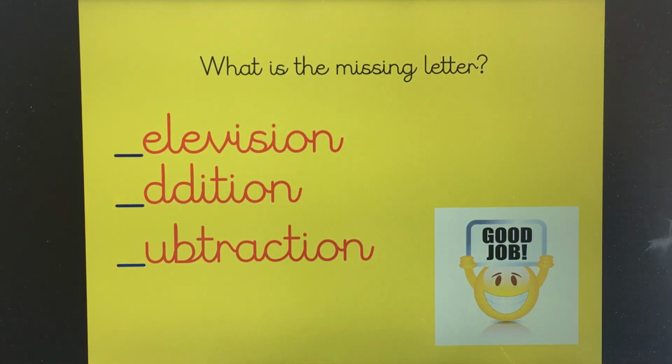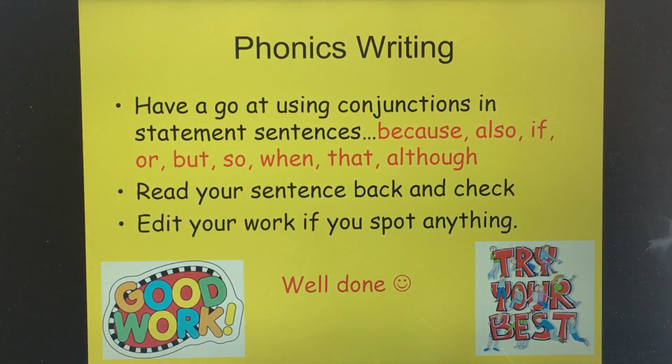Well done, everyone. And that is the end of our phonics session. If you would like to go on to some phonics writing, I'm just going to go on to the next slide just to recap over the things to include. Don't worry if you don't want to take it on into phonics writing. That's absolutely fine. You might want to do a little bit verbally. But if you do want to do some writing,